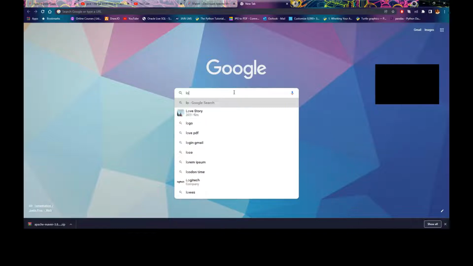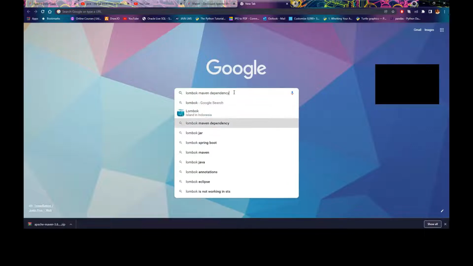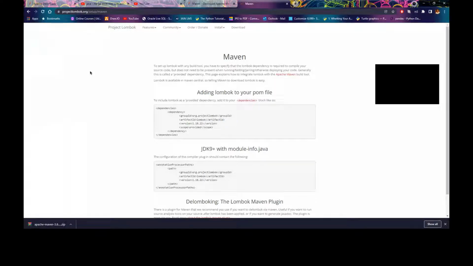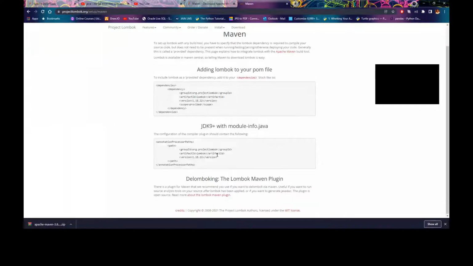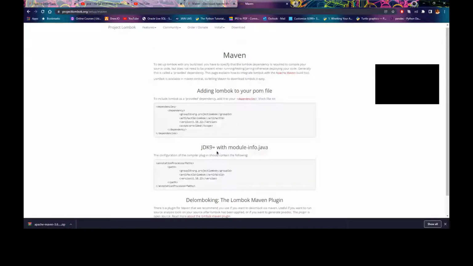Lombok, L-O-M-B-O-K. Maven dependency or something. Just enter it. Select that first result. Scroll down to the section where it says Eclipse, downloading the Lombok Maven plugin.